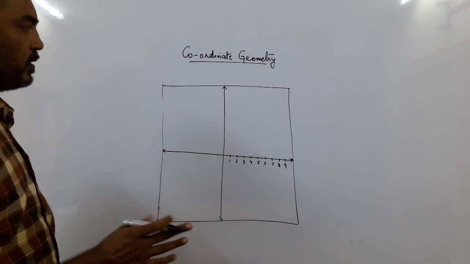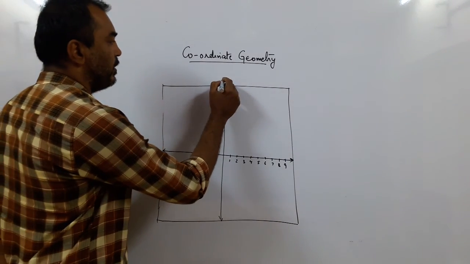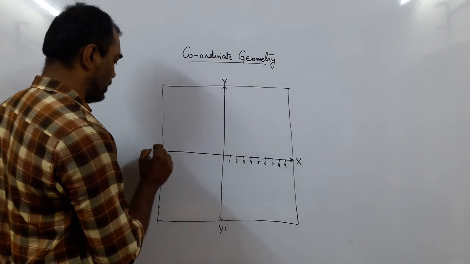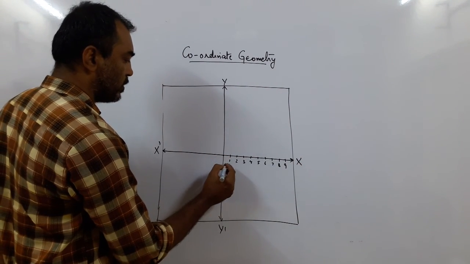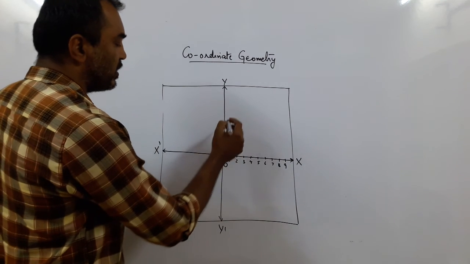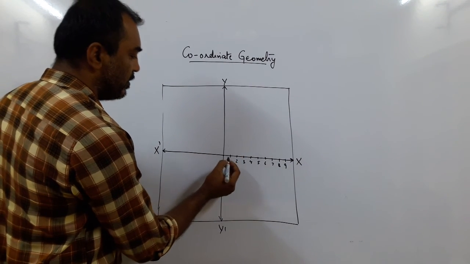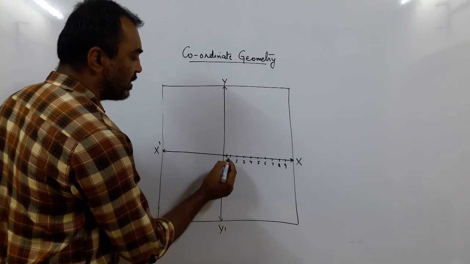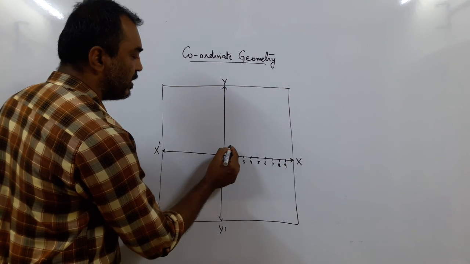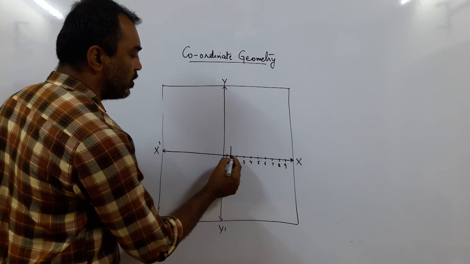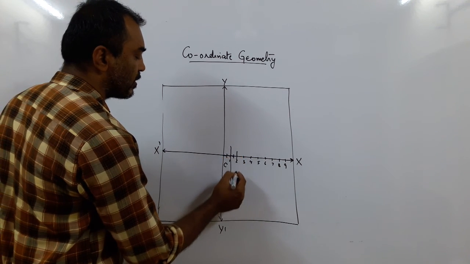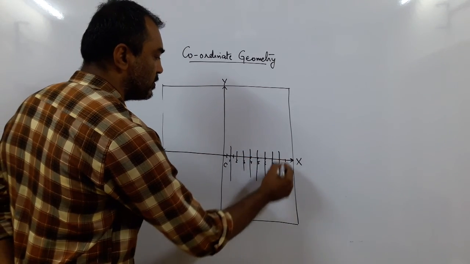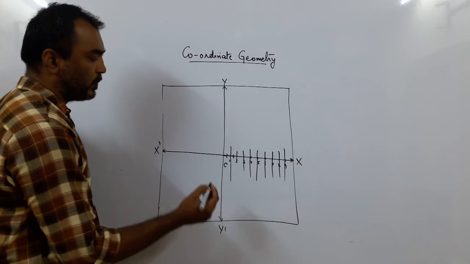So on your graph paper, in the middle you draw the y-axis and the x-axis and name them y, y prime, x, x prime, and call the center point O. Now there will be very light green lines on the graph paper. There will be 10 small lines, 1, 2, 3, 4, then the fifth one is slightly dark, then 6, 7, 8, 9, and the tenth is dark. And again there will be small lines, slightly dark, and a dark line. So on these lines you will write the numbers. Yes, the lines are given on the whole paper.